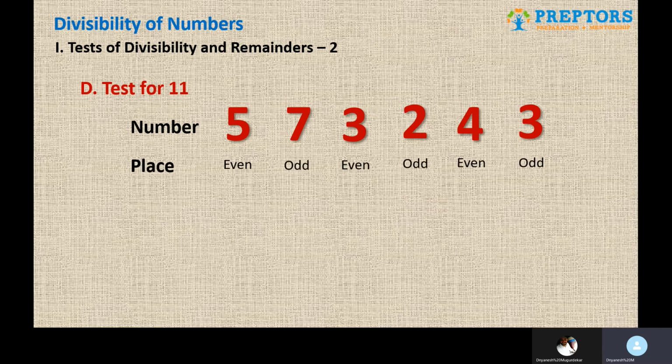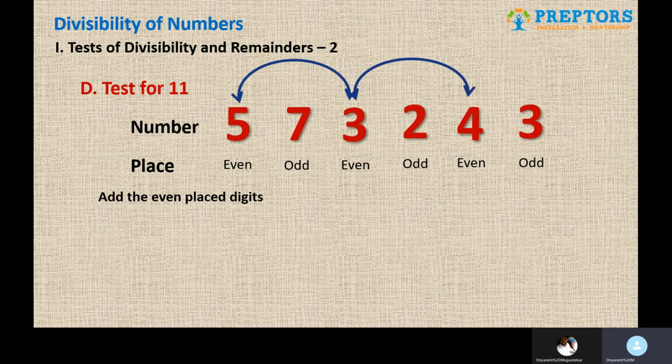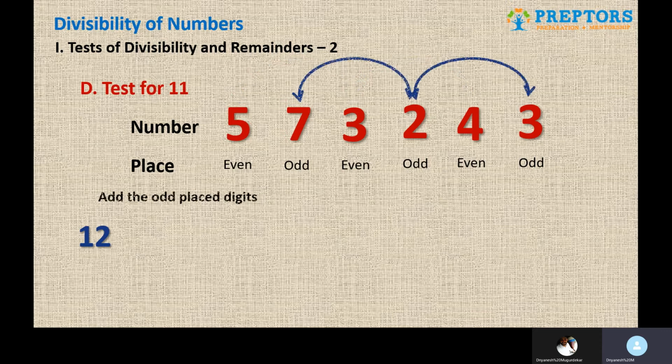For example, something like this: you add the even place digits and the odd place digits separately. When we add the even place digits, which have been marked as 5, 3 and 4, we get the sum of those even place digits as 12. We have to do the same for the odd place digits. The odd place digits are 7, 2 and 3, which again gives me the sum as 12.